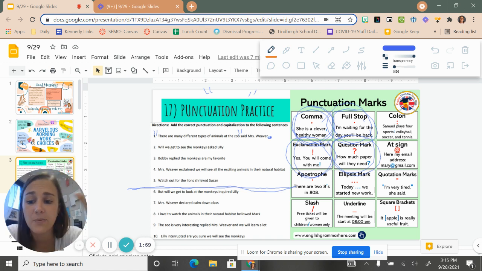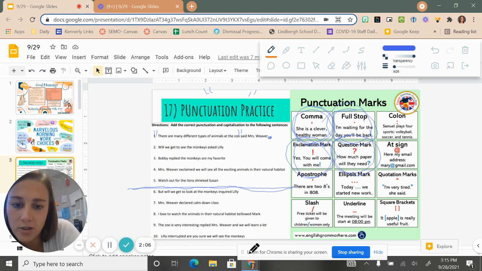So Miss Weaver, does she sound really excited about that? Maybe, but I think not so much. So we're going to have a comma inside the quotation marks right there. The reason for a comma is because you cannot have a period inside dialogue if the tag is afterwards. We've talked about that. So if you're going to put a period, it needs to be a comma. Do we need anything else on this sentence?